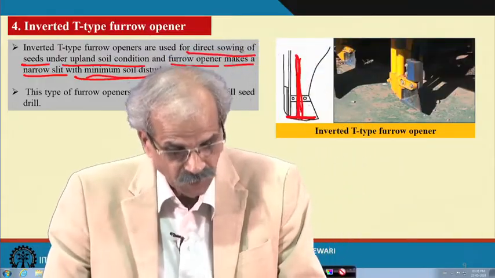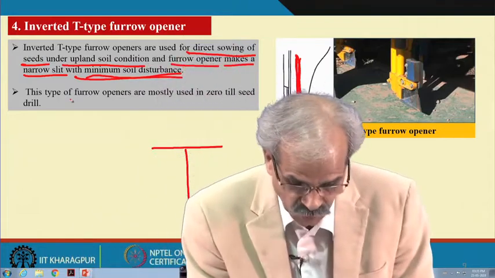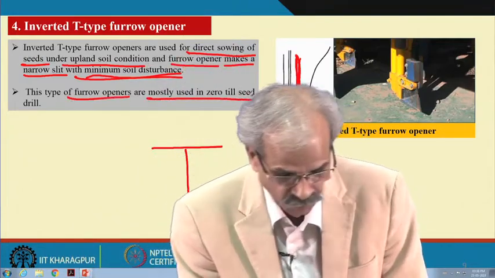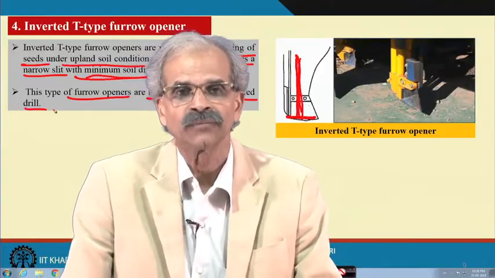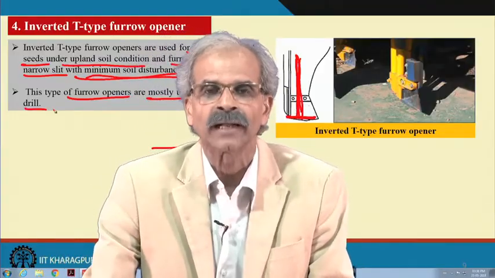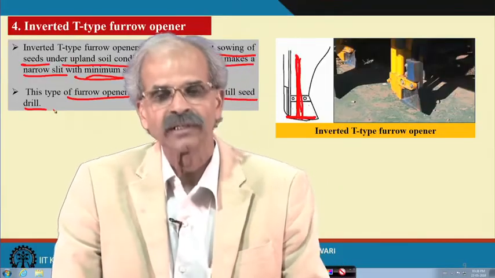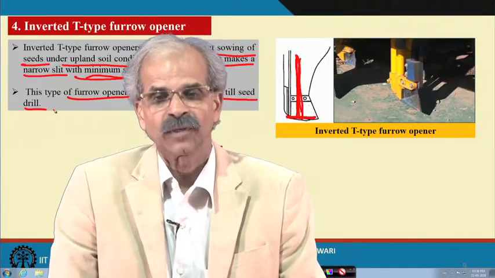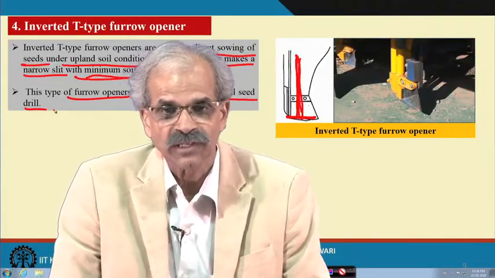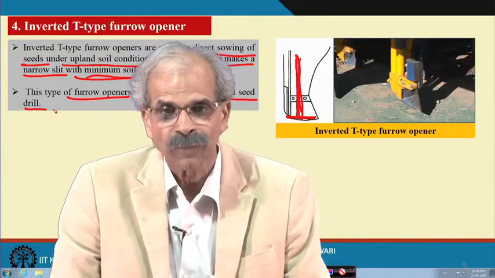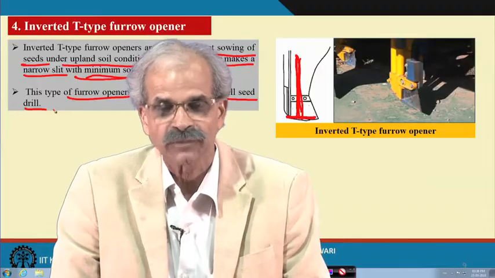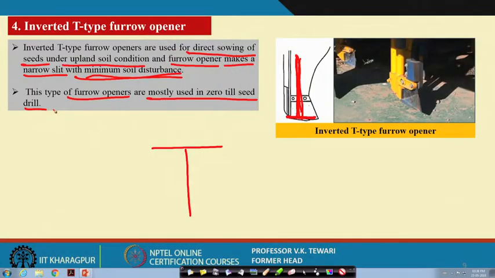And these are generally used for zero till drill. See, such types of furrow openers are mostly used in zero till drill. Actually, you must have seen that about 15-20 years back, this particular zero till drill made a havoc, because it is one of the best soil conservation methods, equipment which can be used under conservation agriculture. So there you need not